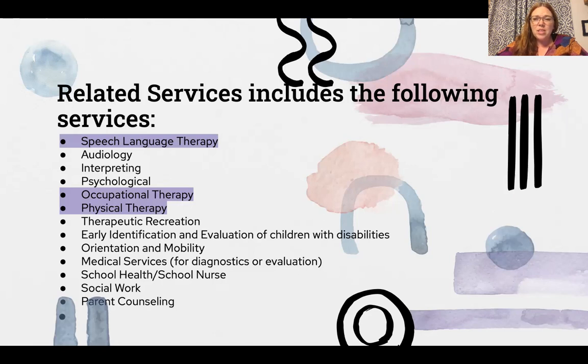Now, each one of those disciplines has a very unique scope of practice. So it's important if you are a related service provider to know what your scope of practice is. And it's also important if you're part of the special education world to have a good sense of what each of those are. That would be literally a new presentation for each of those. So we won't dig into that during this presentation, but I'd advise you to look at the professional organizations for each of those. So for example, for occupational therapy, it would be the American Occupational Therapy Association.